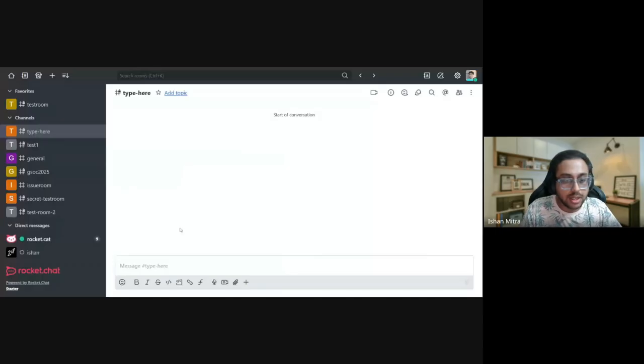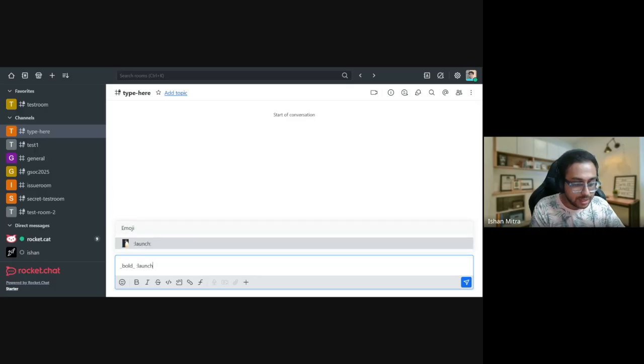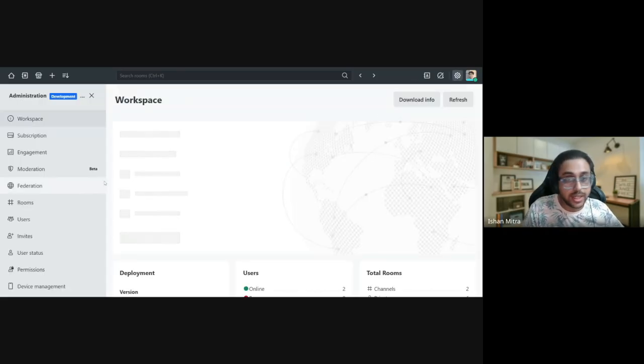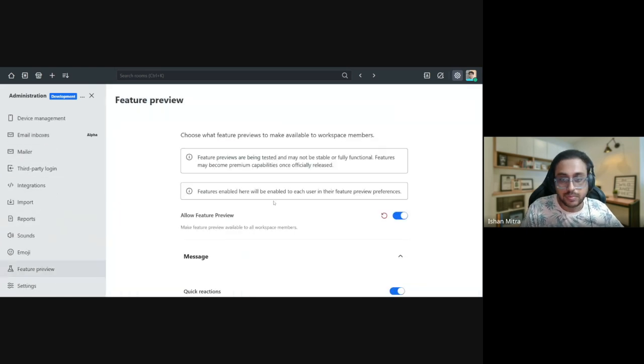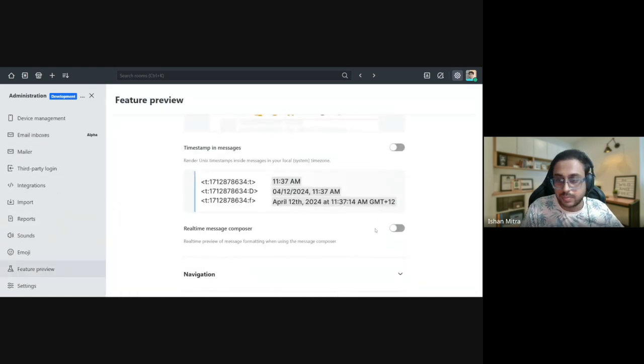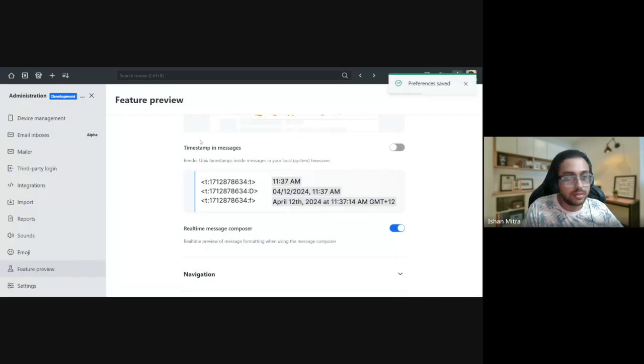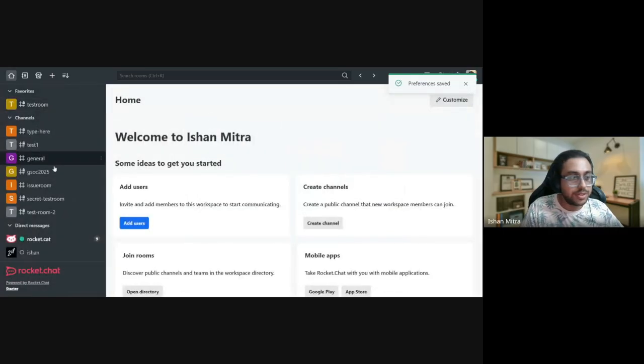Okay, got it. So right now we have a very normal looking Rocket.Chat server. You type something, and we have a really sad composer. It's not able to do anything, right? We also have custom emoji that I've uploaded for this occasion, which I will show. So first things first, we have to go to the workspace settings and enable this in the feature preview. Enter the password, and then once the preferences are saved, now we should have